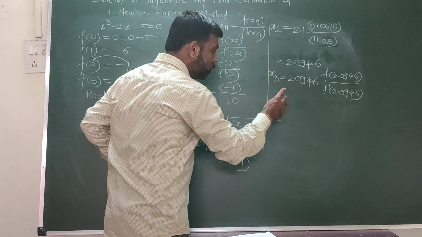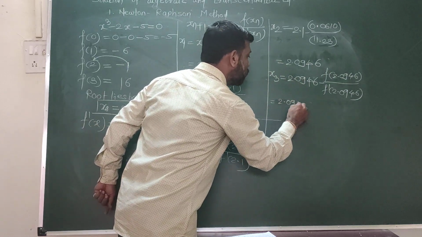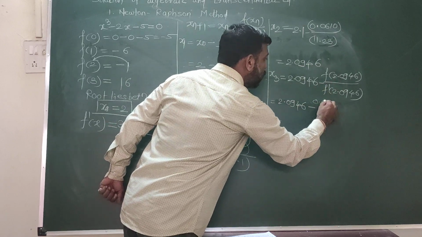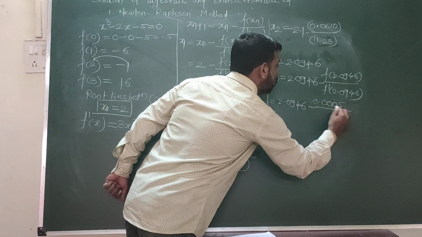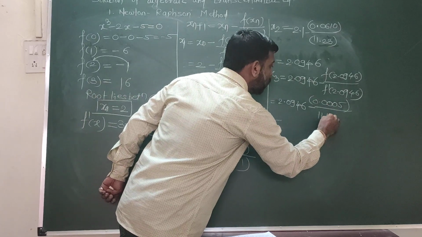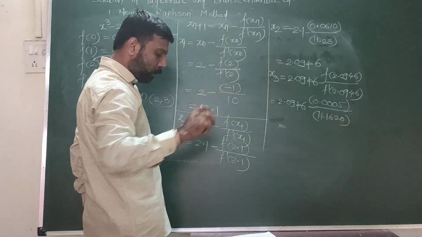Calculate these values on the calculator. So after the calculation, we have this value to be 0.0005 upon 11.1620, and this x3 becomes